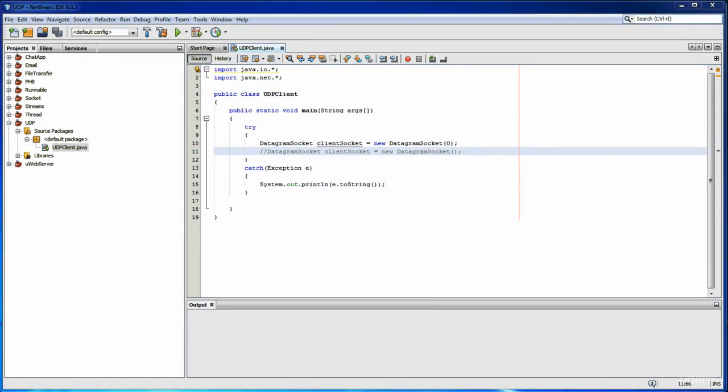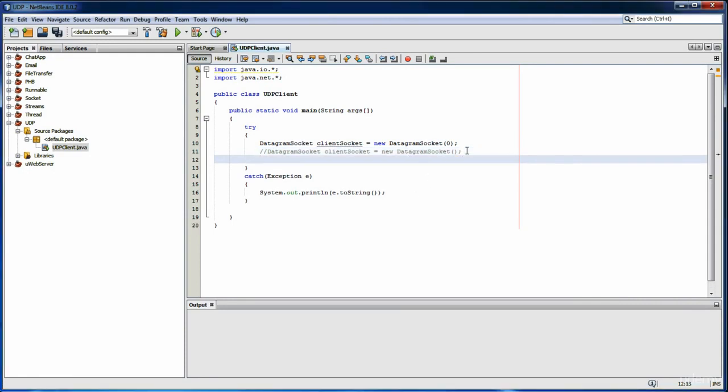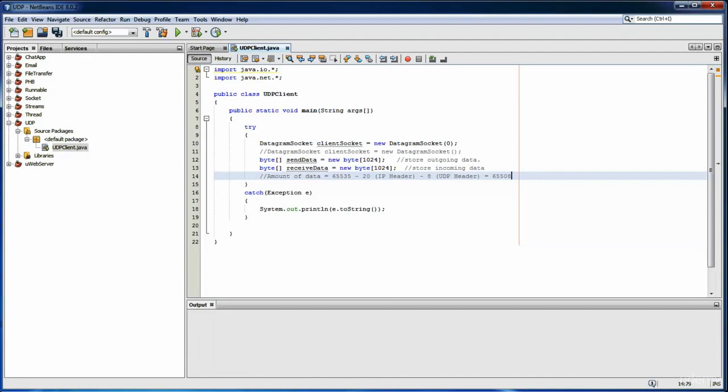It's the same. Then, you need to create a byte array in which to store incoming data and a byte array in which to store outgoing data. That is very important. Datagram packets are only bytes. It cannot be strings or integers or anything. The length of the buffer, the byte array, is the amount of data you can send in a UDP packet. I'm using 1 kilobyte for the byte array length. The maximum size for a datagram packet is